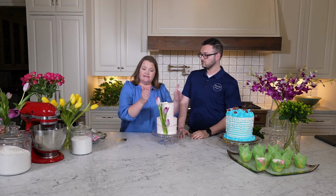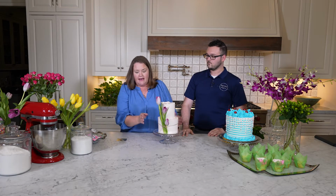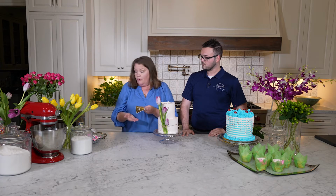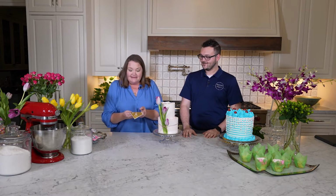It's kind of good to put them on a chilled cake because the buttercream will be a little bit firmer to stick to. But this has been out at room temperature, so we'll see how this works. The first thing I have is edible gold leaf, and this is actually from Amazon. You'll just want to make sure when you order your gold leaf packet that it says edible gold leaf. That's right. It's a little bit pricey, but...